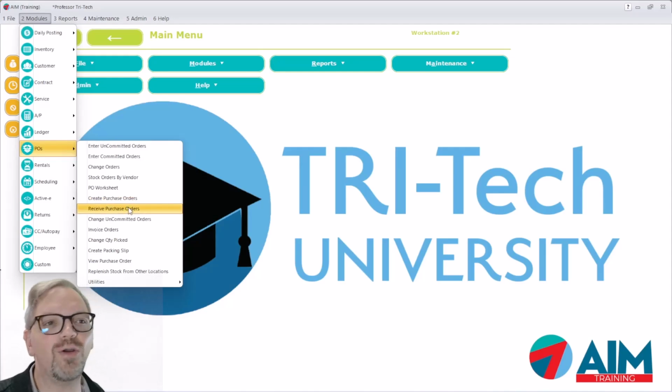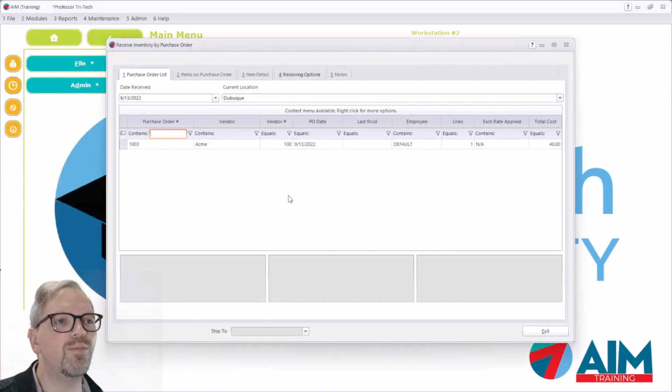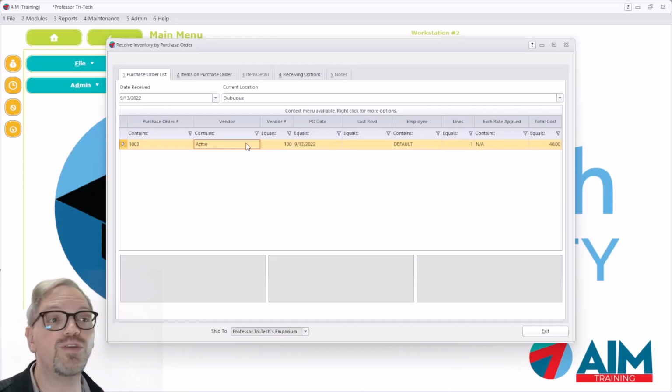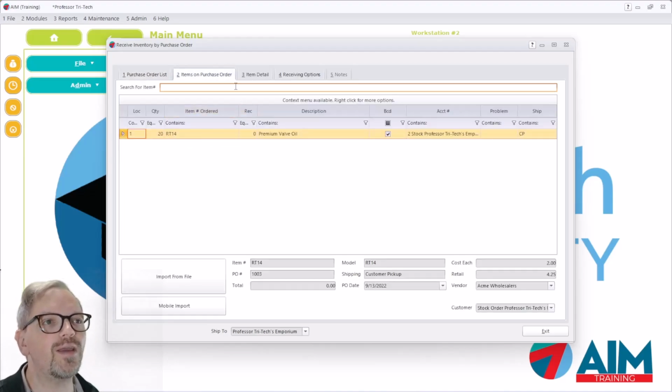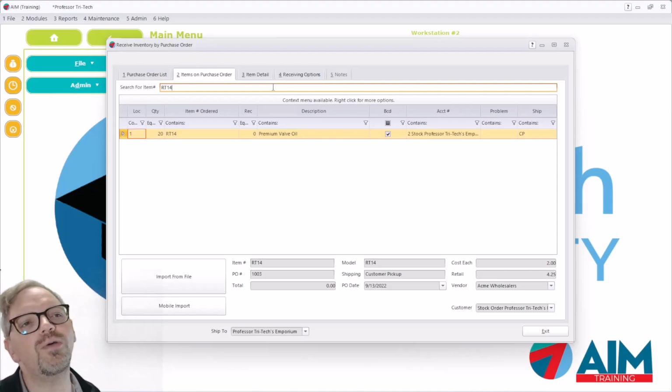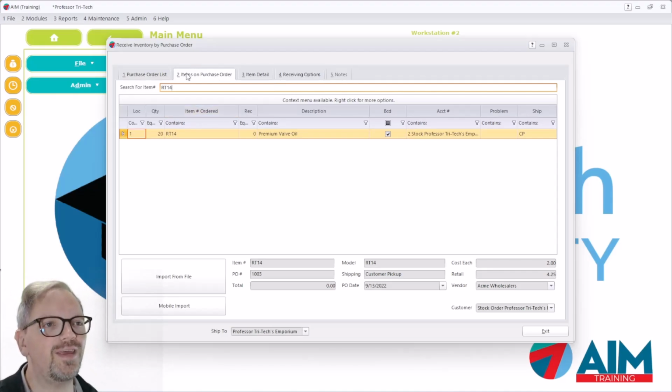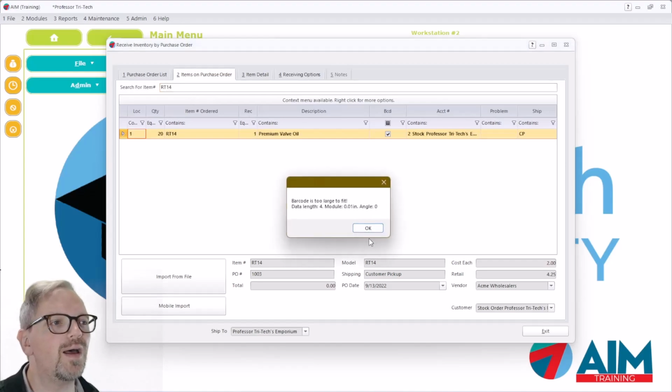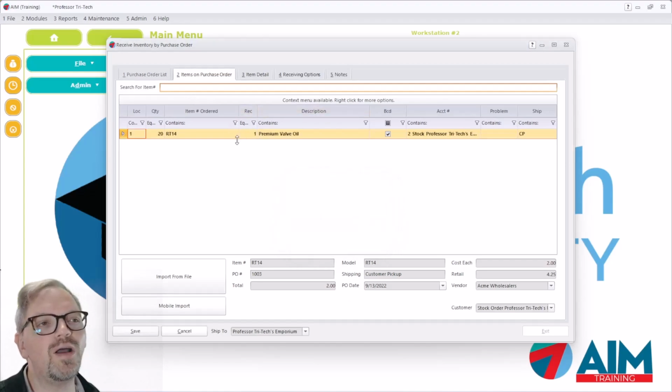I've already done so for the purposes of expediting this process, and that would be going straight to receive purchase orders. When I go to receive purchase orders, I would find the purchase order in which I'm receiving, in this case purchase order 1003 to Acme Products. From there I can go to the second tab, the items on purchase order tab, and I can, quote unquote, scan the barcode or item number, and when I do that it will receive the quantity here,